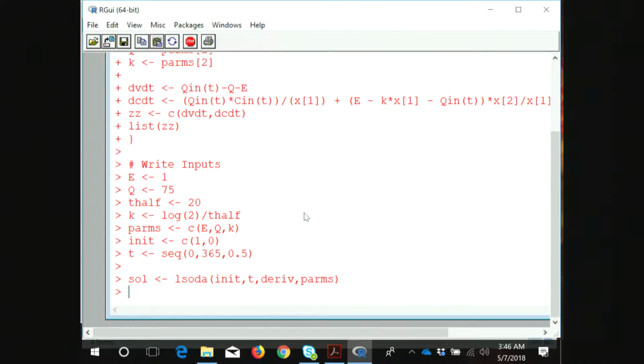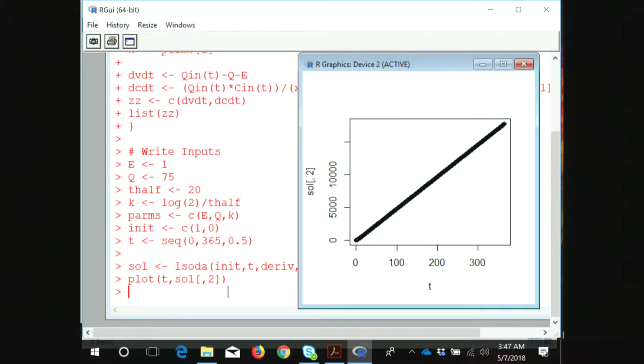It's pretty bad. So if I go plot T, this would be my flow, and my flow just keeps on increasing, which is what, because in the reactor, the volume of the reactor keeps on increasing. Okay. And then if I plot